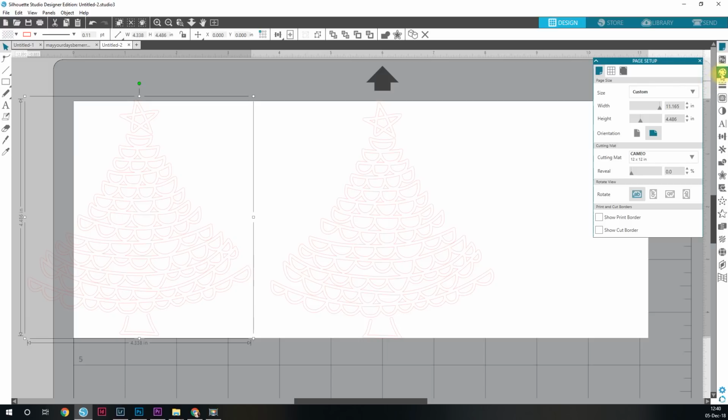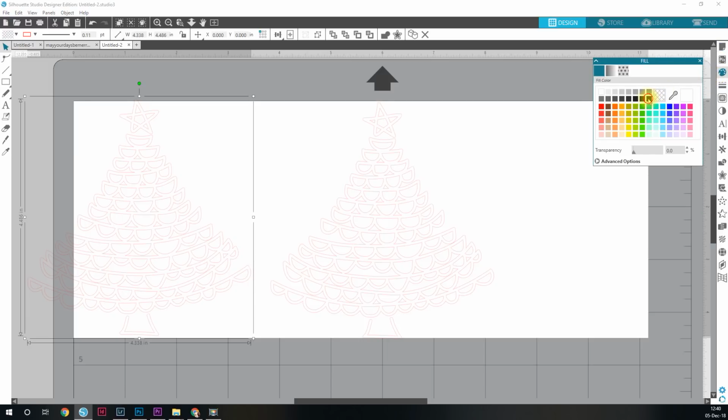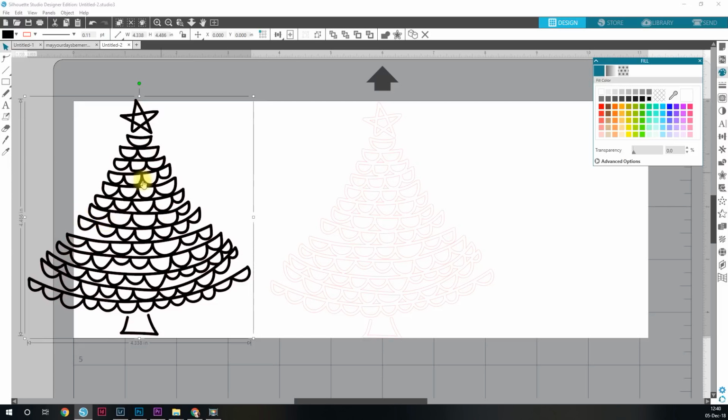I'm going to come over to this icon that looks like a paint palette, click on it, and fill it with black. Now you can see the file a lot easier. This is what it actually looks like. I just want you to have that in mind in case you're having a hard time seeing what I'm doing. Now we're going to create a cut file. This actually does have a very faint red line, so it does have a cut file on there, but we're going to create it